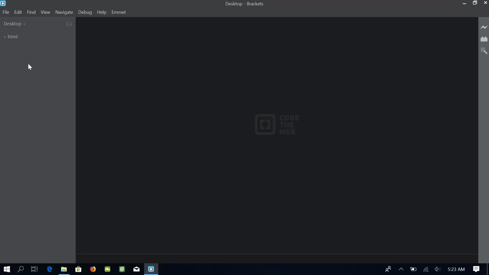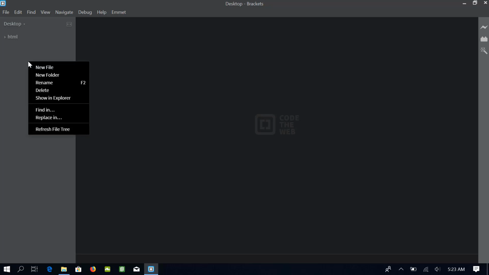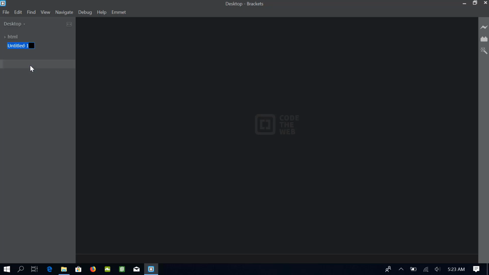To make a new file, go to the left pane and right-click in this left pane. Select New File and give it a name. I will name it index.html. You can give any name to the HTML file, but make sure the extension is .html. The extension can be .htm as well, but for this basic course, we will stick to .html. We will also be making a number of files with different names. However, the index.html is the default file of every website, and you must have this file on your website.